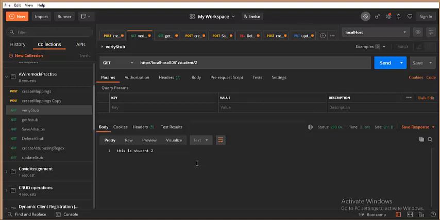In the upcoming lecture, I'll have something interesting for you, like how to do proxying of stubs, like when you call one endpoint, how do you route it to another endpoint automatically, and I'll also explain how to record as well. These are a couple of interesting features that we should stay focused on.